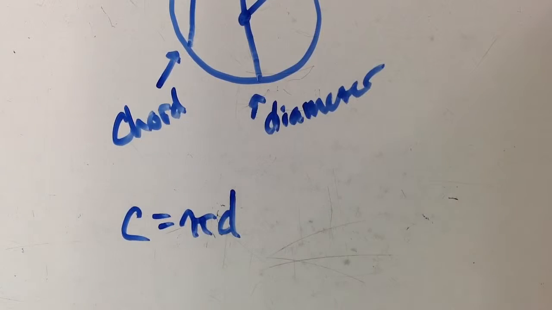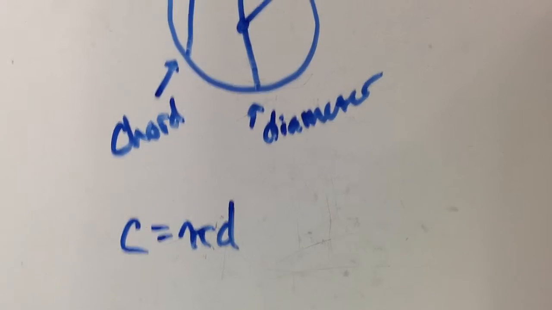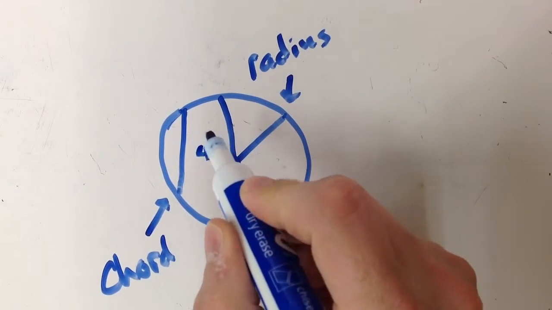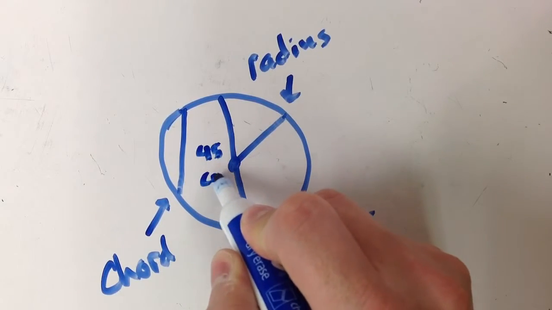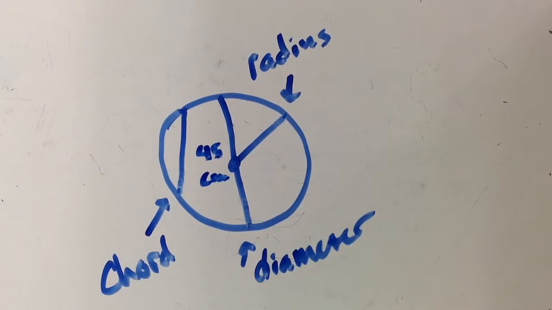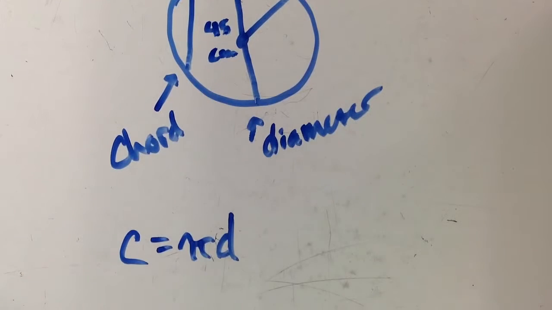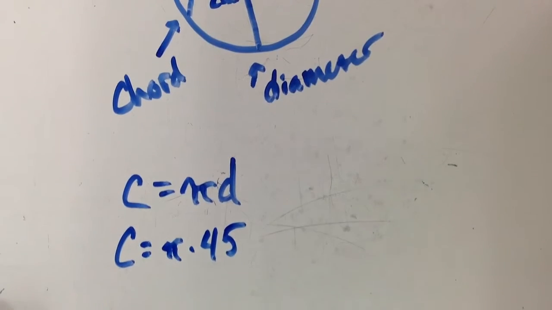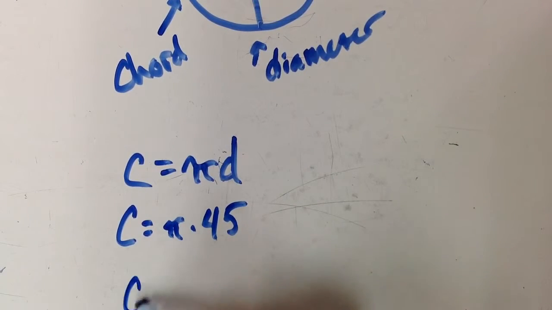So I'm going to use this formula, pi times diameter, to help me solve a problem. Now what we can do is plug in the variables that we know. So let's say that they tell us that the diameter is 45 centimeters. So if I know my diameter, I'll plug that in. So I would do C equals pi times 45. And when I would solve, I would get C equals